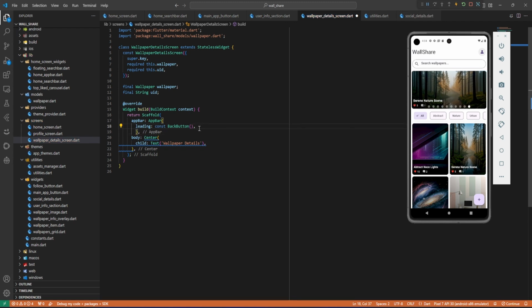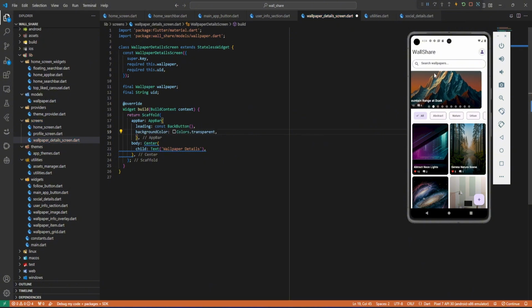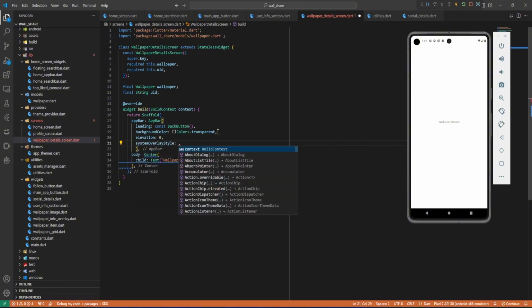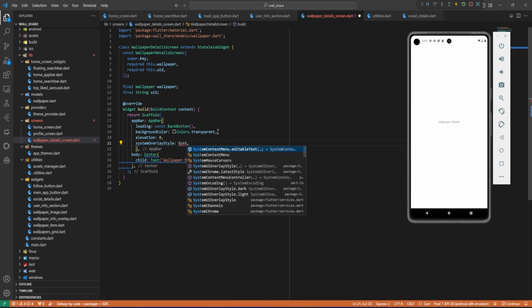So after this, we're gonna have a background color, because here the wallpaper will show in the wall screen. Okay, if we click here, it will take the wall screen. Okay, next let's set elevation to 0. Then after that, let's say system overlay style. System overlay style is going to be system overlay